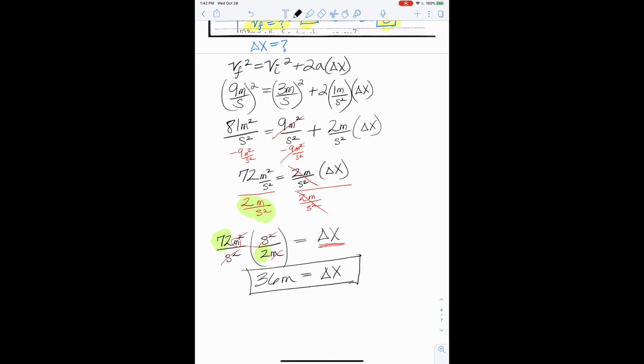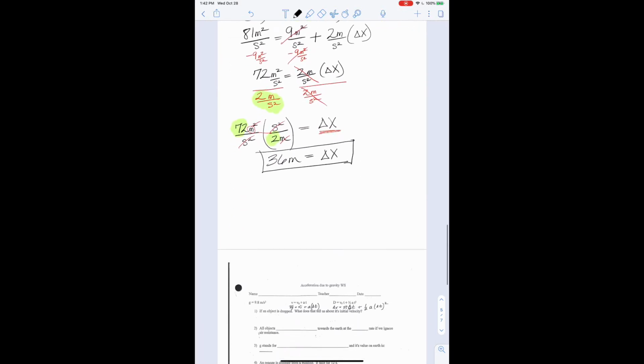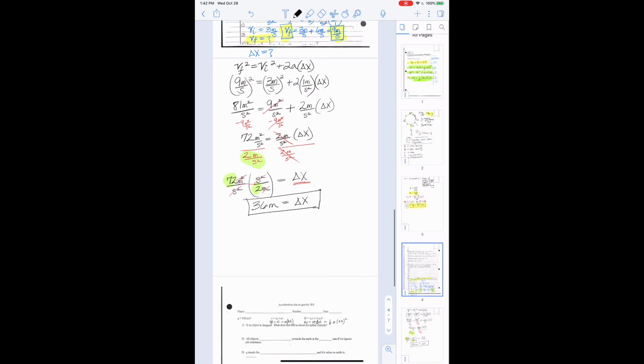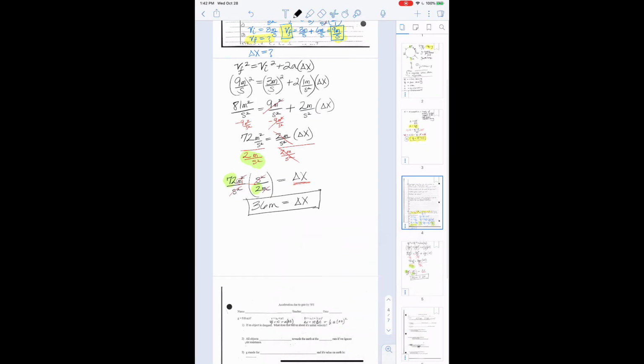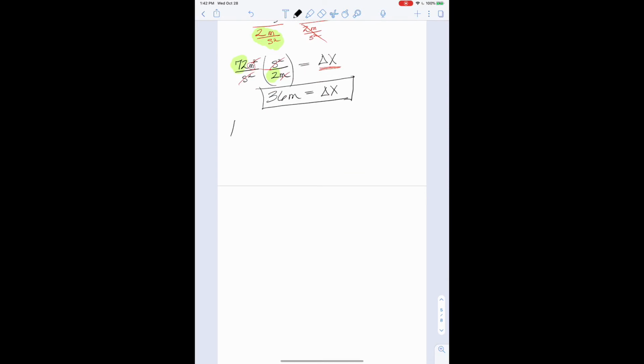All right, let's be difficult one more time and use K4. I'm going to have to add a sheet of paper here. So we're saying K4. I guess this one has delta x all the way over on the side. I don't know why I didn't say that earlier. K2 is just what I'm used to. So K4: delta x equals 1/2 (VF plus VI)